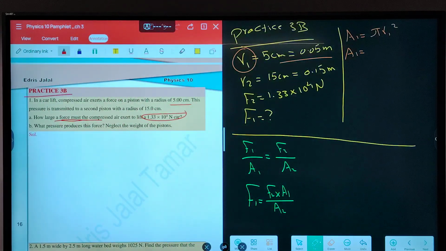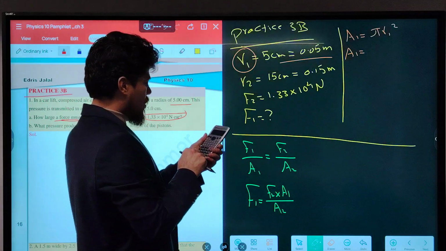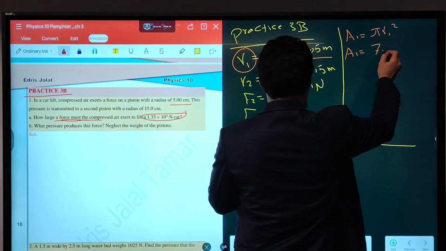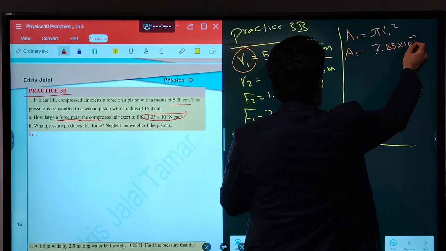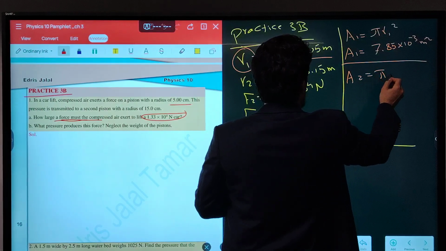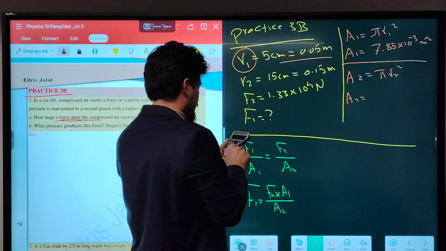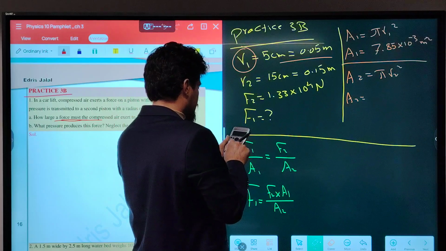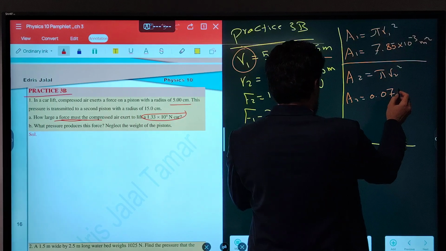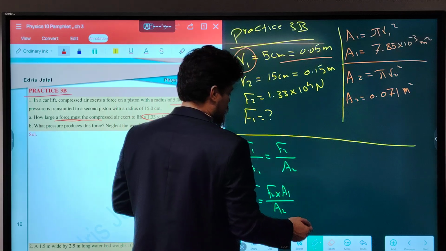A1 is equal to what? Pi 3.14 times 0.05 squared, which is equal to 7.85 times 10 power negative 3 meters squared. A2 is equal to what? Pi R2 squared. Pi 3.14 times 0.15 squared is equal to 0.071 meters squared. Now, after finding the two areas,